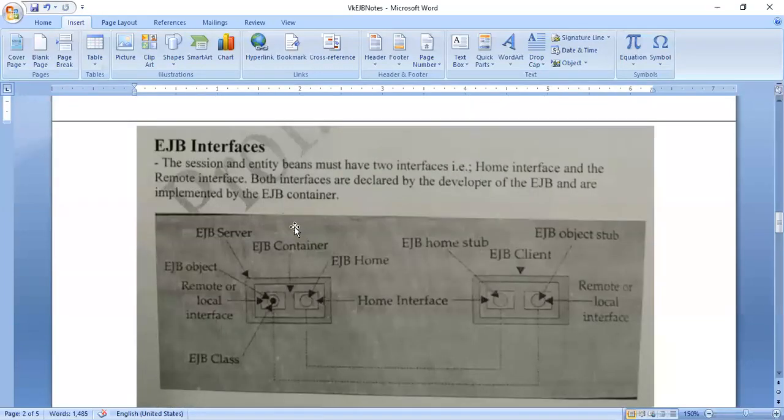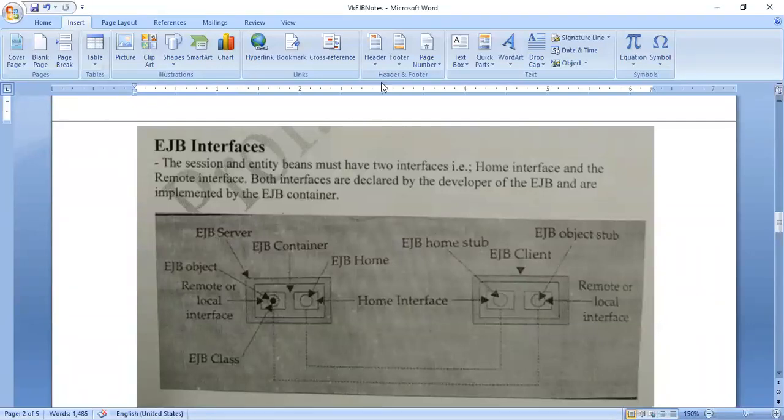Now, there will be another question. Last time it was asked, what are EJB interfaces? There are two types of interfaces. You can see in this diagram, there are two EJBs communicating with each other, from two machines. So there are two kinds of interfaces: one is remote and the second is the local interface. Remote interfaces are those which access some other machine's data, and local interfaces are those which access the same machine's data. When the database is stored on the same machine, then it makes use of a local interface. When the database is at a remote machine, then it will have a remote interface.